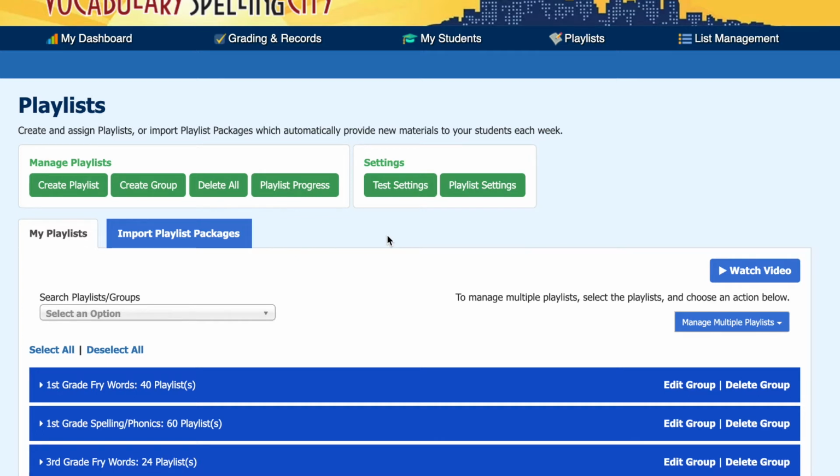So I'm starting from the point where I already have imported some lists into my account, because Spelling City has a lot of Fry word lists and spelling phonics lists that are already created, which is great. The other way to work Spelling City is you can totally create your own lists. This year, I'm just using the first, third, and fifth grade lists that Spelling City has in their program because